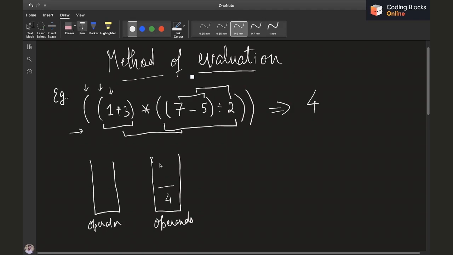After this closing bracket, we encounter multiplication, we'll simply push it to the operator stack.